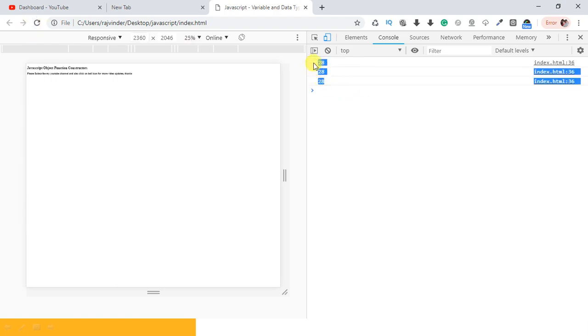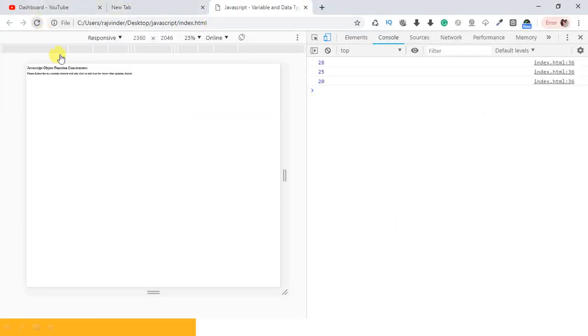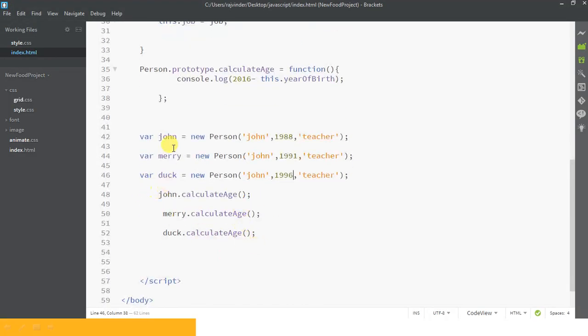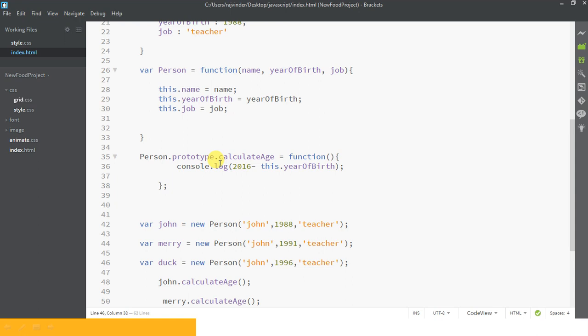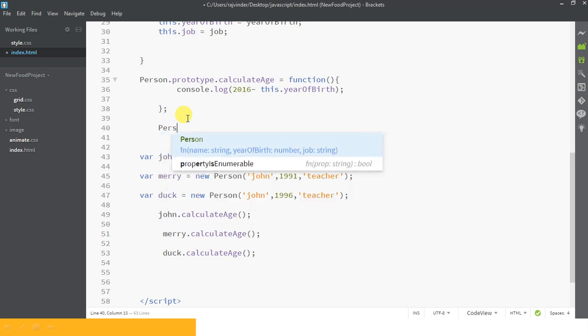Now see the date, then you see the difference: 28, 25, 20. You must see this is a prototype. Now I show you the definition of prototype. Prototype basically adds code to a function constructor. If you put person dot prototype dot class name,